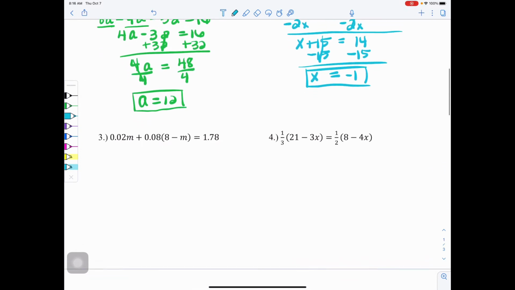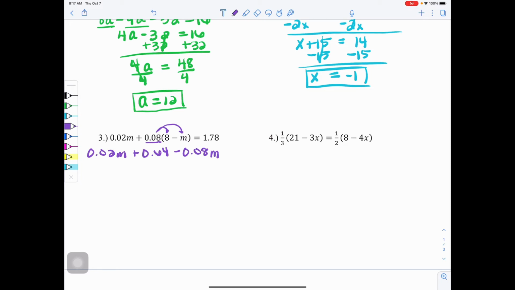Moving on to number 3, let's do an example that involves some decimals. So the process still stays the same. First thing I'm going to look for, a distributive property. This 0.08 has to be distributed through our parentheses. So we end up with 0.02m. And then when I do this multiplication, 0.08 times 8 would give me plus 0.64, 64 hundredths. And then I would have minus